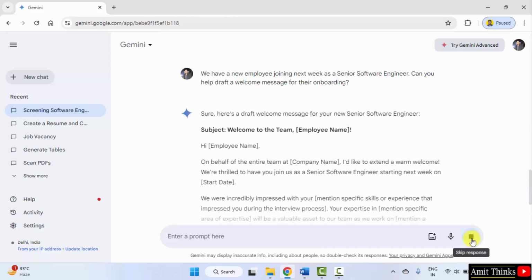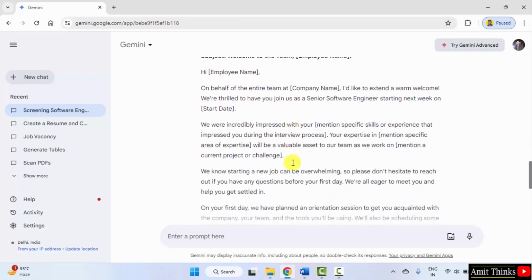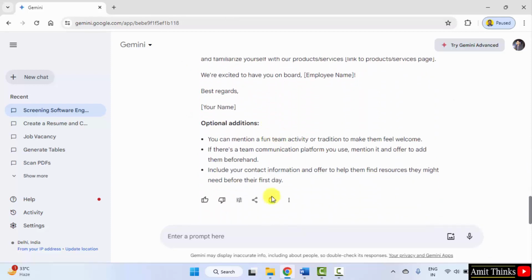We could have also mentioned the name of the employee, but no problem, we mentioned the job profile. Okay, welcome to the team, employee name. Enter the new joinee, the new employee name, and here is the draft. Okay, you can copy it directly from here. I'll change it, rename